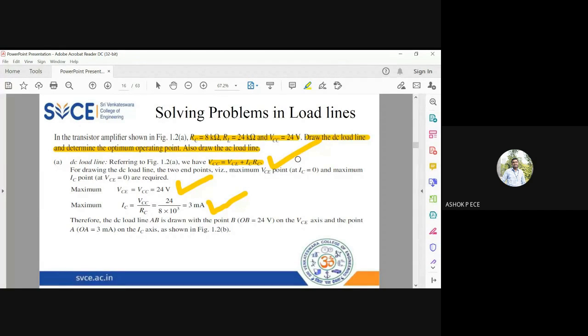So I will draw the graph. The x-axis is going to be VCE, the y-axis is going to be IC. You will get a line like this. This is going to be 24 volt, and this is going to be 3 milliamperes. This is your DC load line. Okay, you're able to understand the DC load line. You can name the points. This point, 24 volt, is point B, and 3 milliamp is going to be point A. So AB represents the DC load line for the transistor. Any doubts in the DC load line part design of the